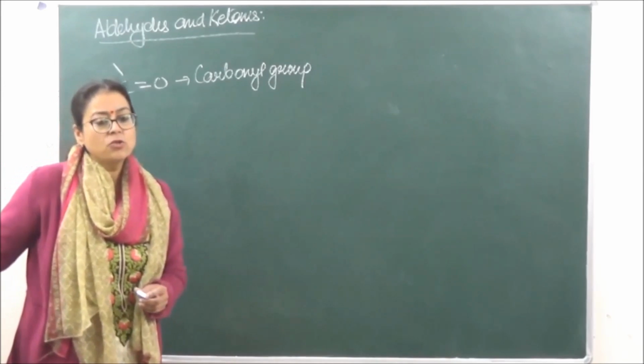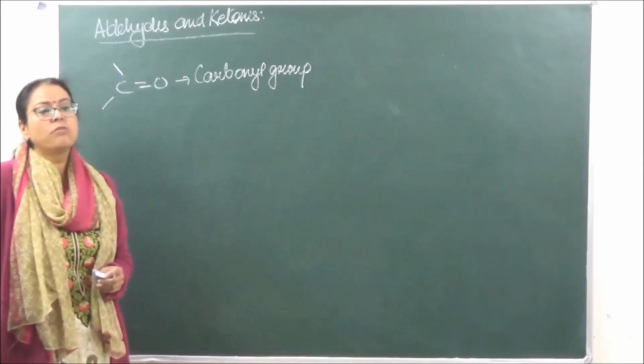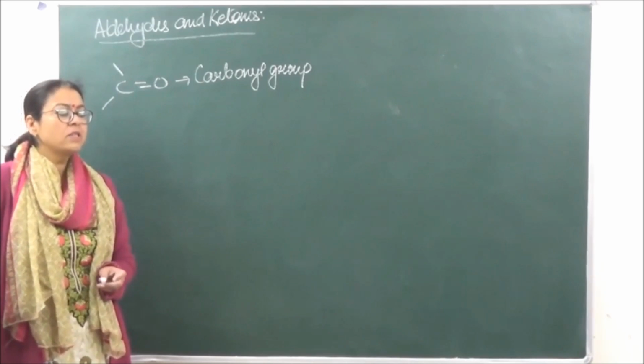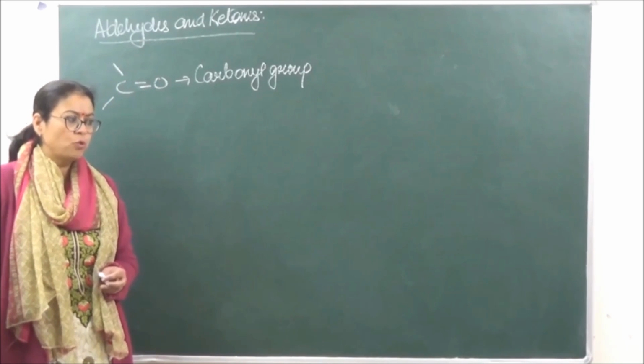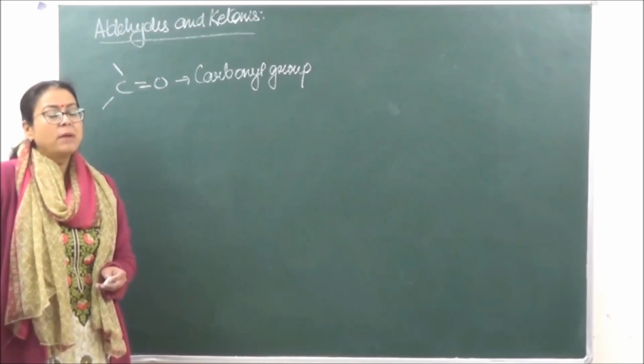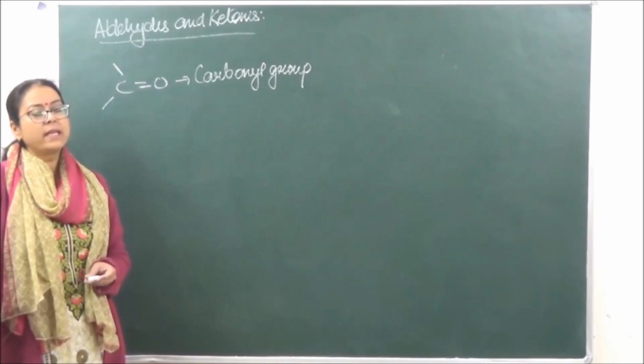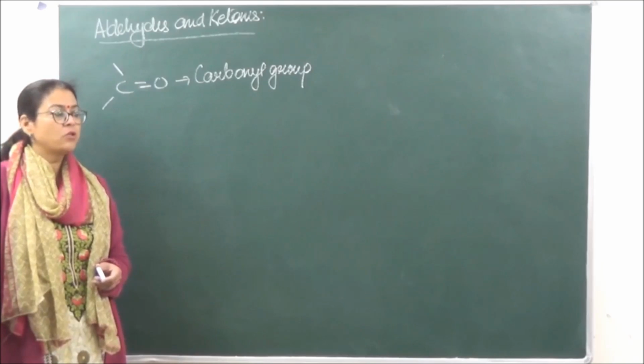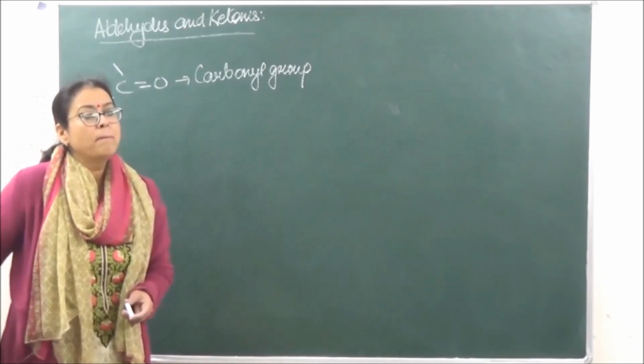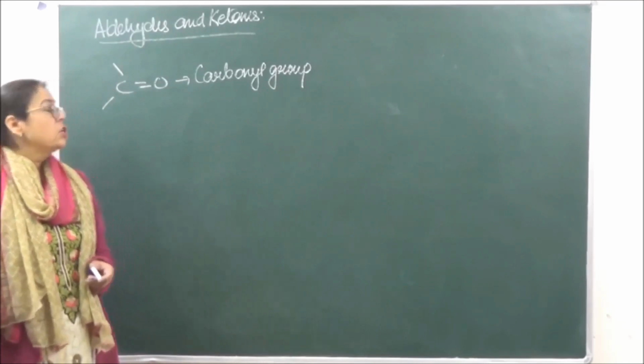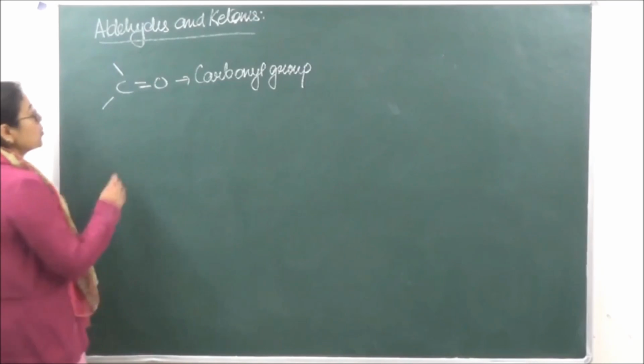As aldehydes and ketones they are going to be functional isomers of each other, so they have certain properties which are going to be common to both of them, but we will see that जो ketones होते हैं they are going to be much less reactive with respect to aldehydes because of the bulkier groups which are going to be present. So when we are talking of aldehydes over here,